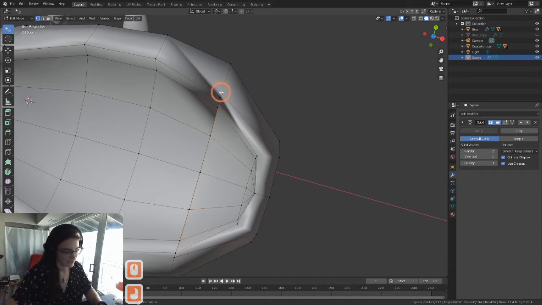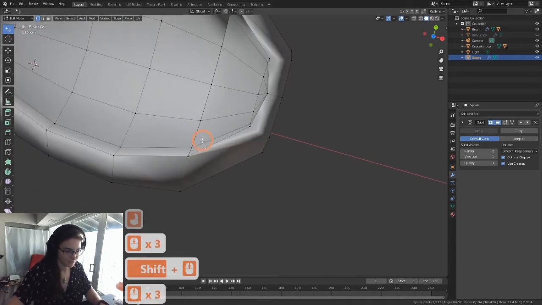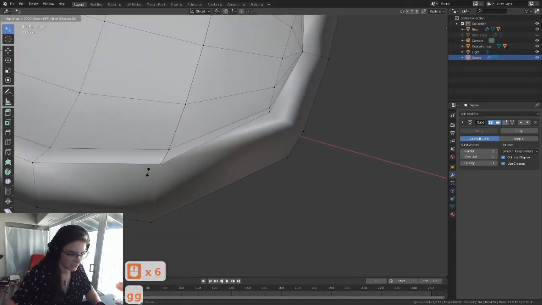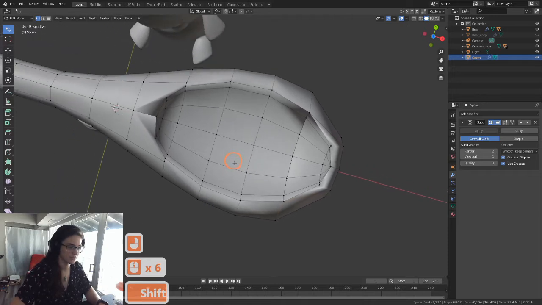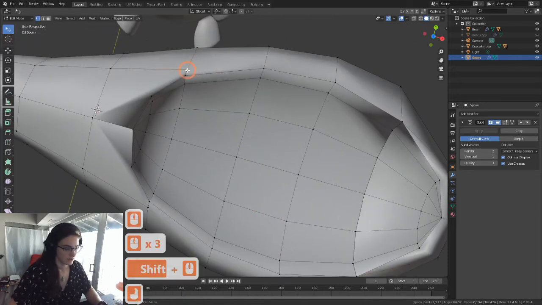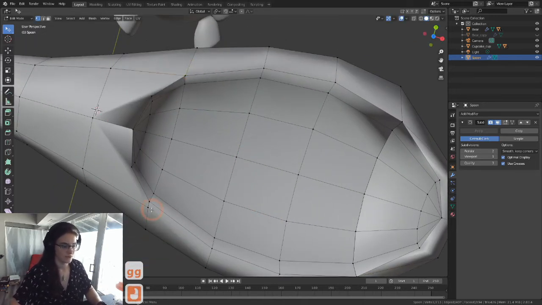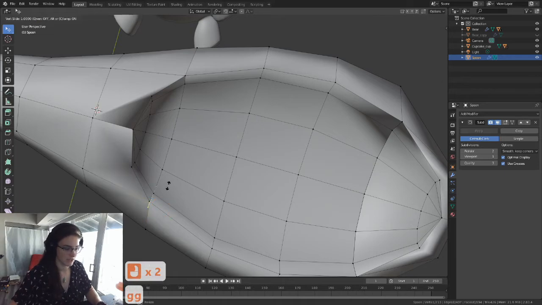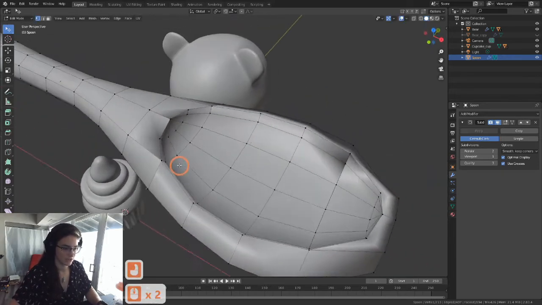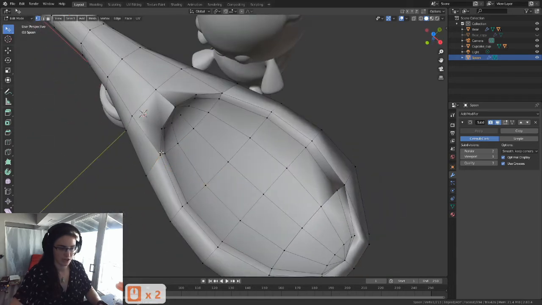For now, I guess I can slide this in so that those vertices match up. Did I actually slide that all the way? I didn't. Okay. So just slide your mouse like past where you want it to line up,